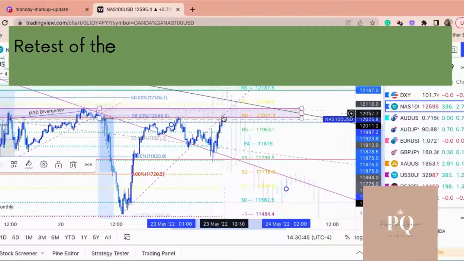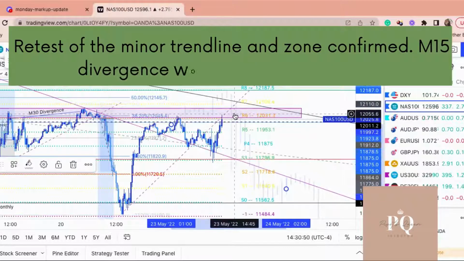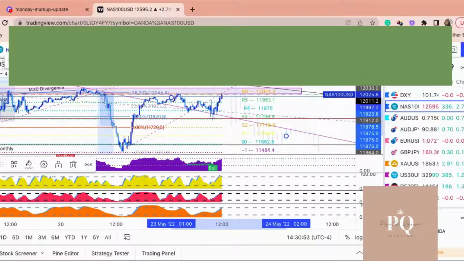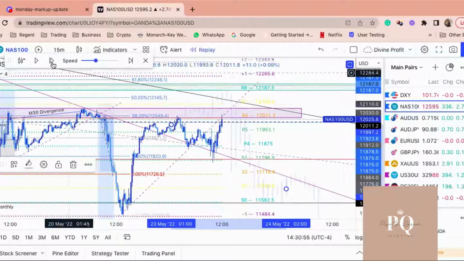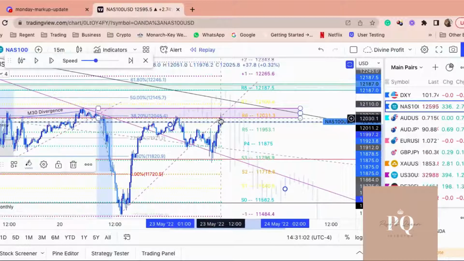Now that it came to the R6, I would be looking for entries here. We got bullish divergence, but I would be waiting on bearish divergence. To be honest with you, I would have had an entry here, and my stop loss would have been here, if that makes sense. So at this R7,